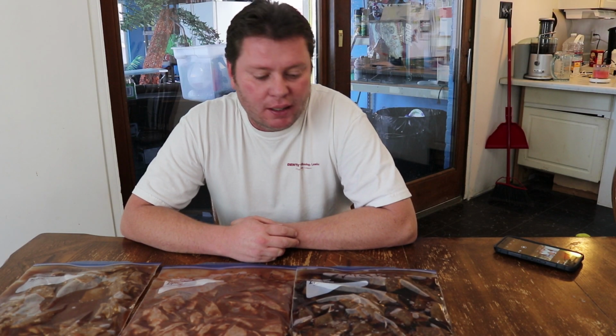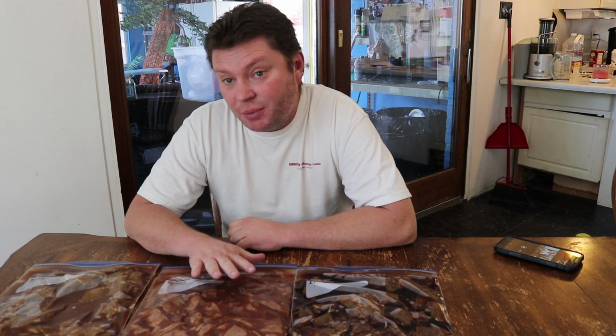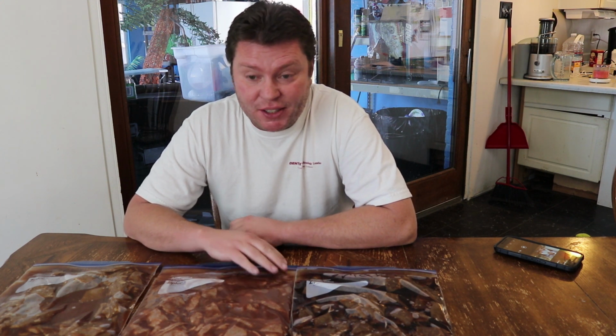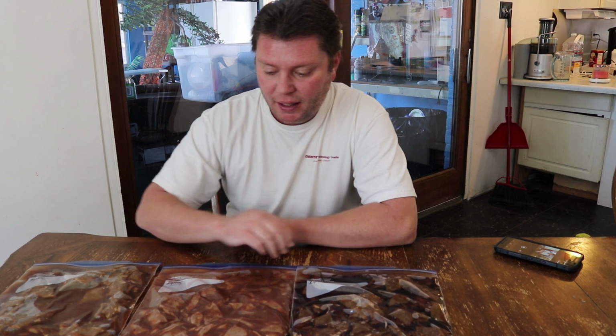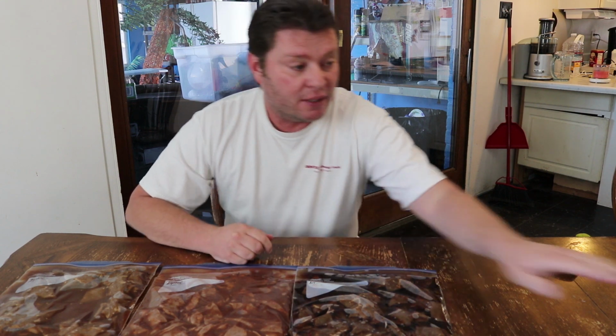Okay, so we've had the beef jerky in the fridge in the marinade for just about 24 hours. It went a little longer because I had to go to work today and couldn't finish this during the day. So we've got the original, the steak sauce, and the teriyaki. What we're gonna do now is take these out of the bag, dry them off really good in some paper towels, and then put them on the grates